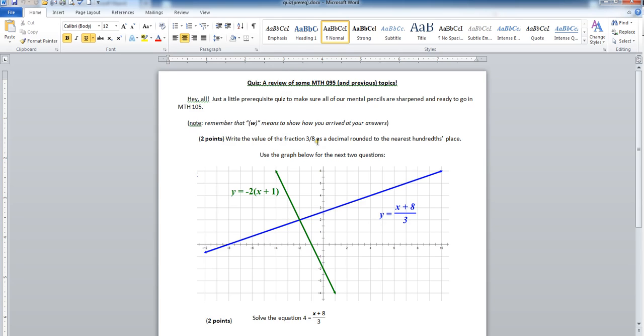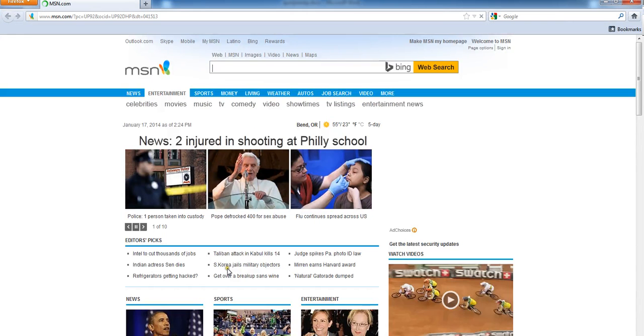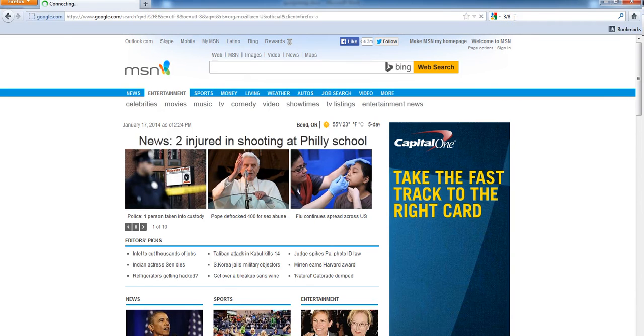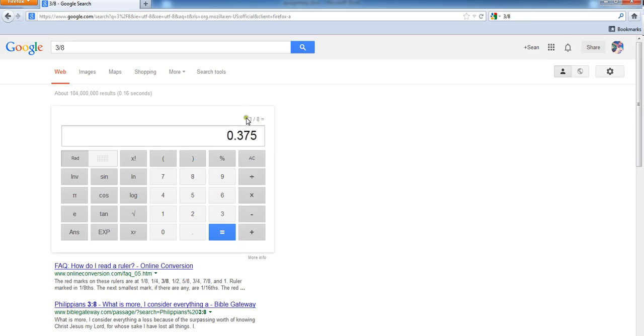Write the value of the fraction 3/8 as a decimal rounded to the nearest hundredths place. I don't know exactly how you did this. One way you could do it is simply use Google. For those of you who aren't familiar, you can open a Google window anytime you want, and in any Google search bar, you can simply type a fraction like 3/8 and press enter, and it'll actually convert the fraction to a decimal for you, 0.375, which then you can convert to 0.38, which would be the hundredths place answer for